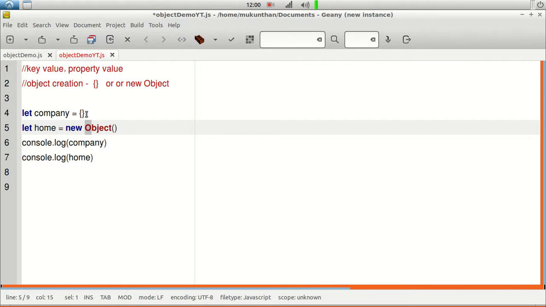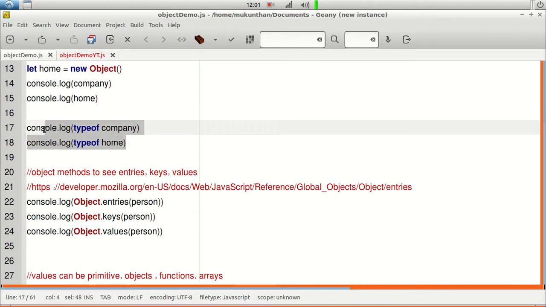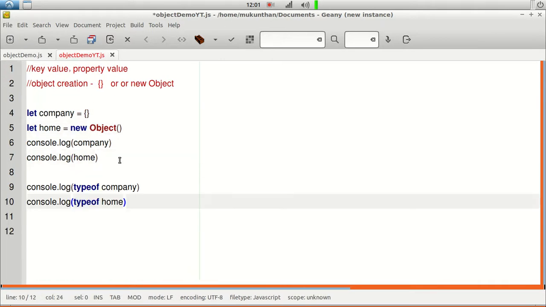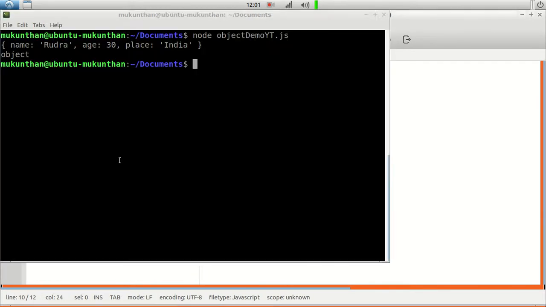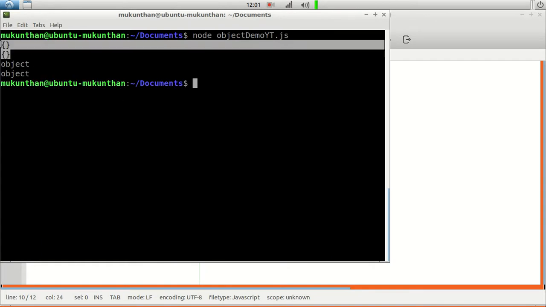In both ways you are creating an empty object. At a later point you can add the properties, but we will confirm this is creating an object and it will be typeof object. Yes, both have created empty objects and it is typeof object.